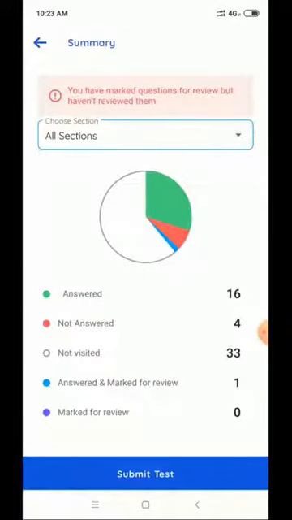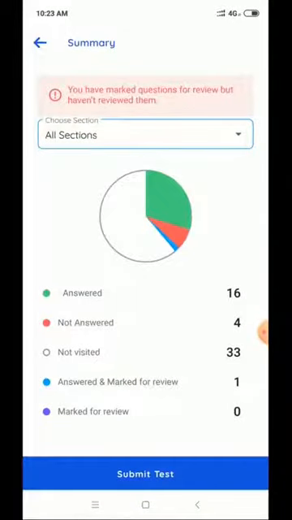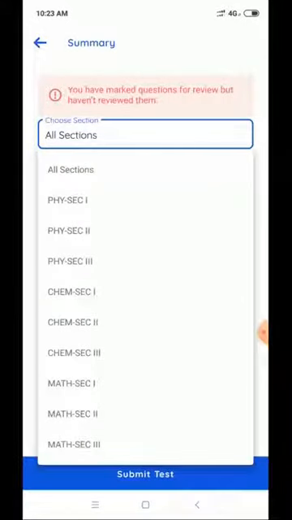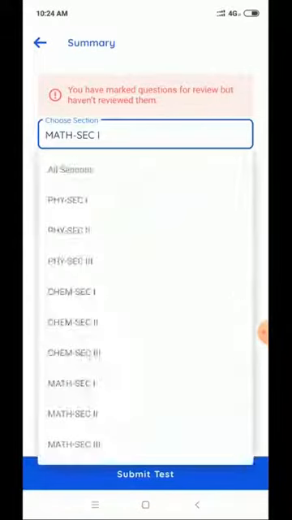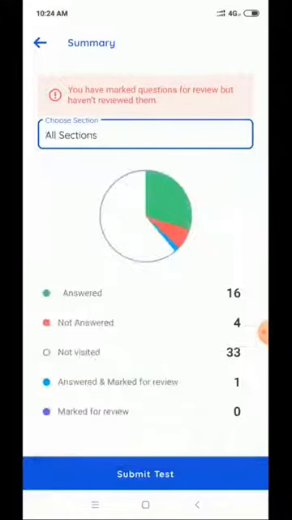It will show you the exam summary: how many answered, how many not answered, how many not visited, and answered and marked for review. You can select section-wise also. You get the entire exam summary before submitting the exam.